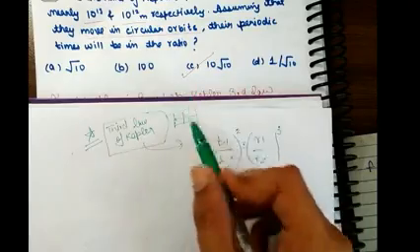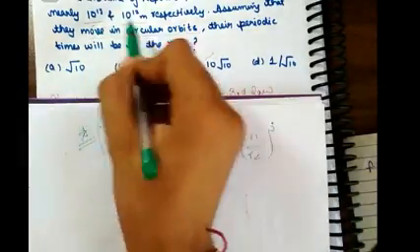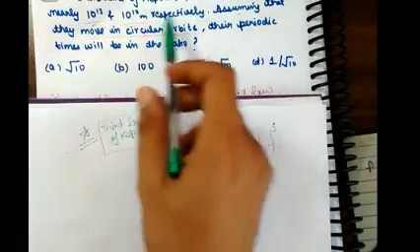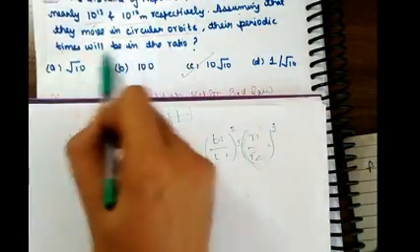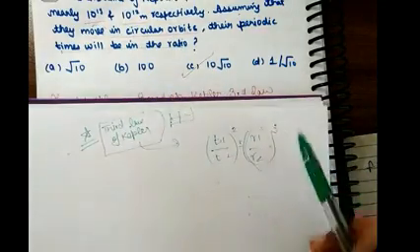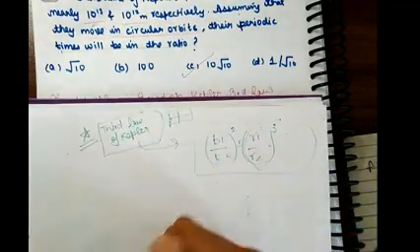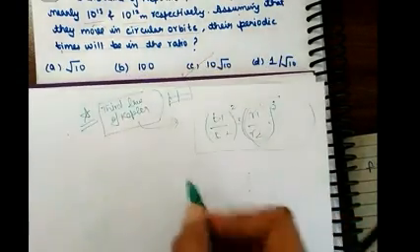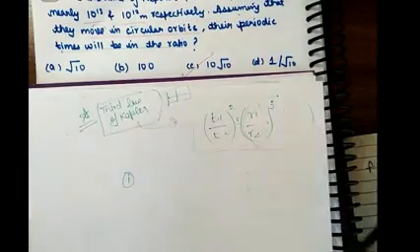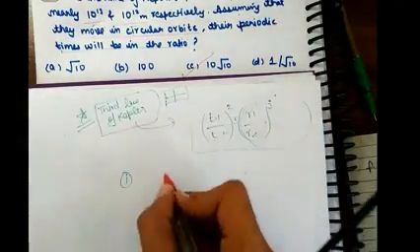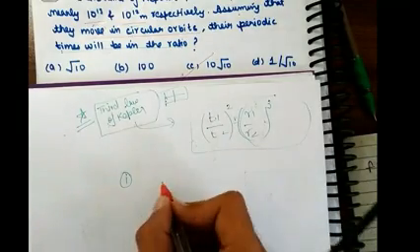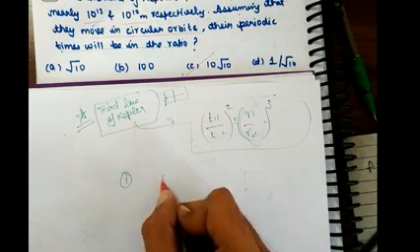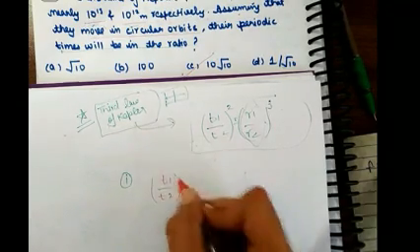Similarly, in this question he has given us two distances, R1 and R2, and he is asking for the ratio of time. That's why I know that this question is based on the third law of Kepler. Now coming to the solving part, we first write the formula, as we did here, and then substitute the values in it.